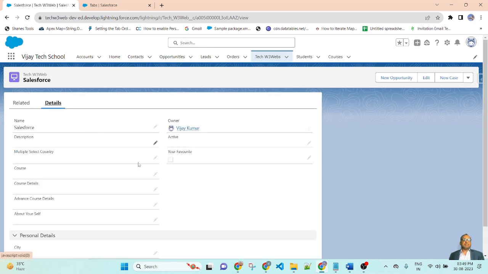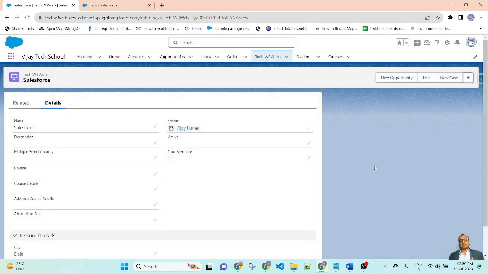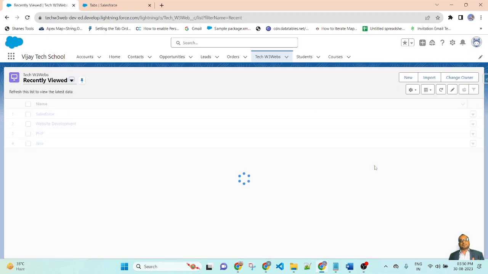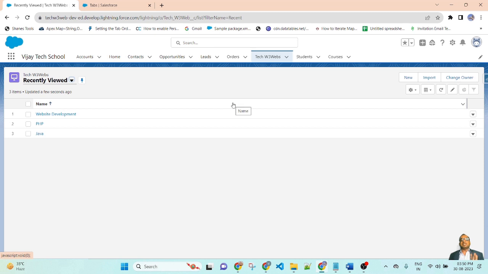So now go to the detail page and here is the option to delete the record. It asks, are you sure you want to delete this Tech W3 Wave? Yes. So I deleted one record from the master object.